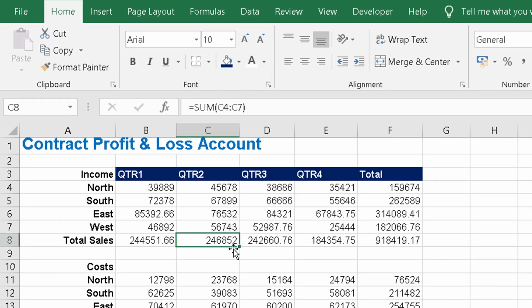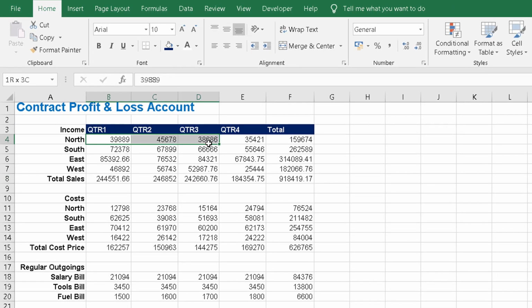That gives us the formatting of the titles across the top. Once we've applied some formatting to the titles, we then want to apply formatting to the numbers. So we'll highlight all of the numbers,